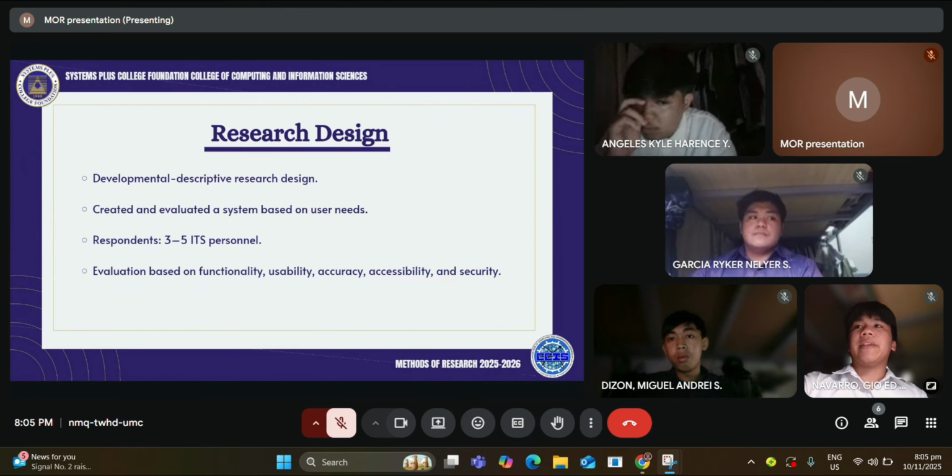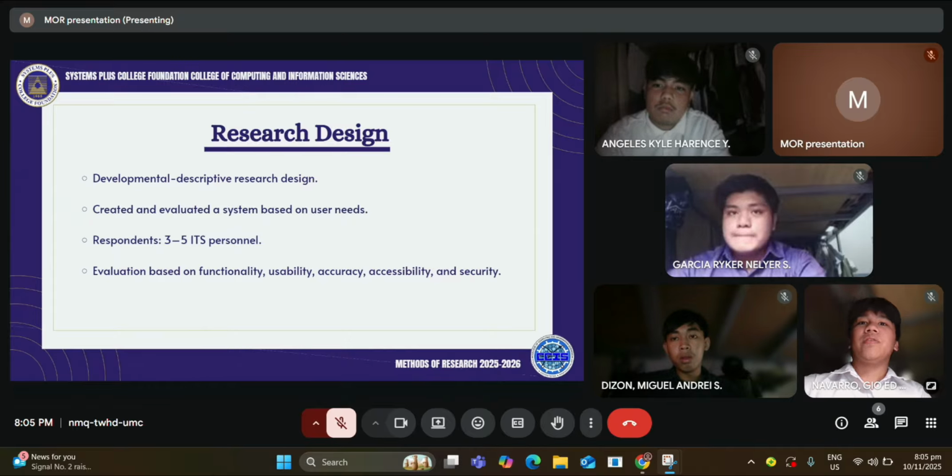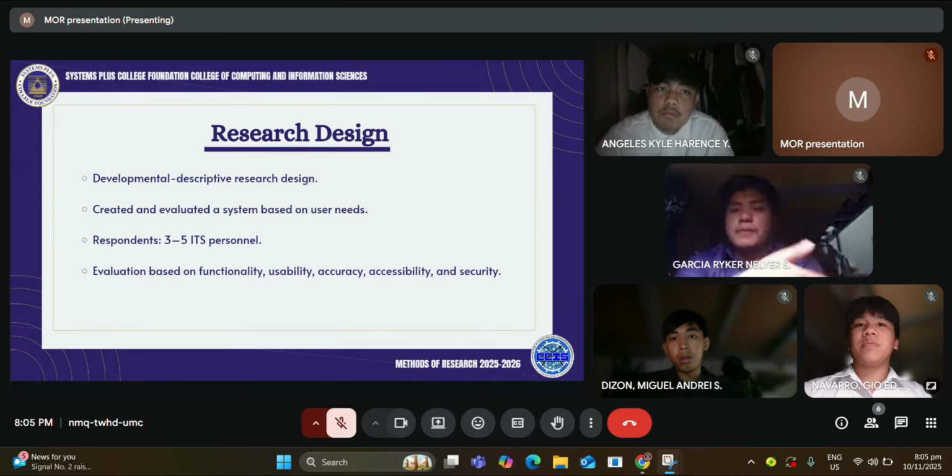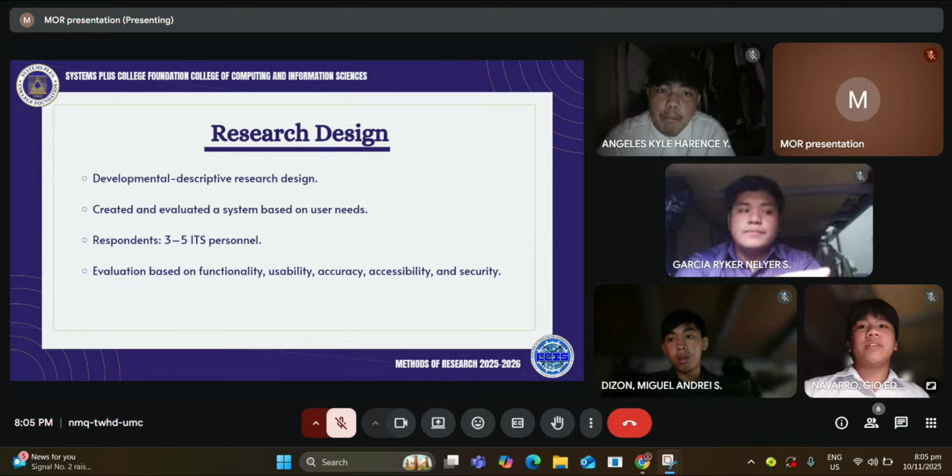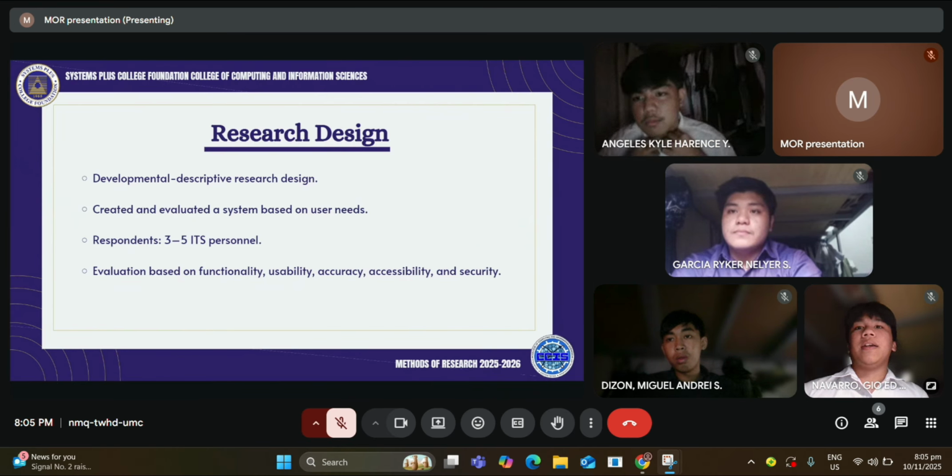the research design. The type of research: the study uses a developmental descriptive design, meaning the researchers both created something and described it. They built and tested a system based on what users said they needed. And next,